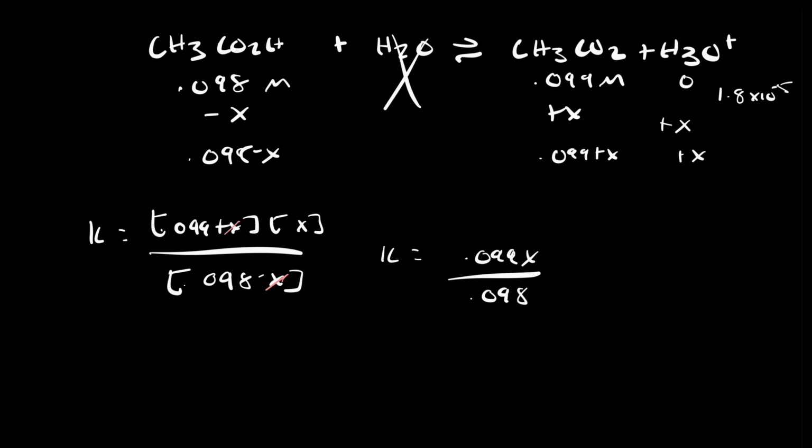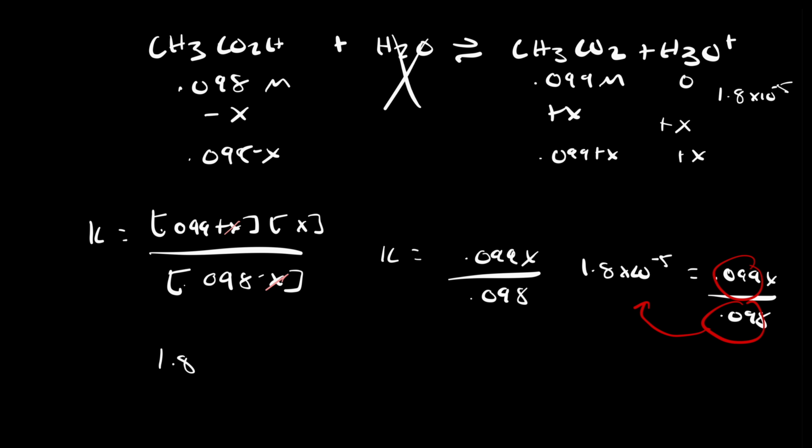And now we can substitute in our value of K. So 1.8 times 10 to the negative 5 is equal to all of this. We're going to do some algebra here and rearrange the expression. We're going to multiply by our denominator and then divide by our numerator. So we're going to get here that 1.8 times 10 to the negative 5 times 0.098 divided by 0.099 is equal to x. That makes x equal to